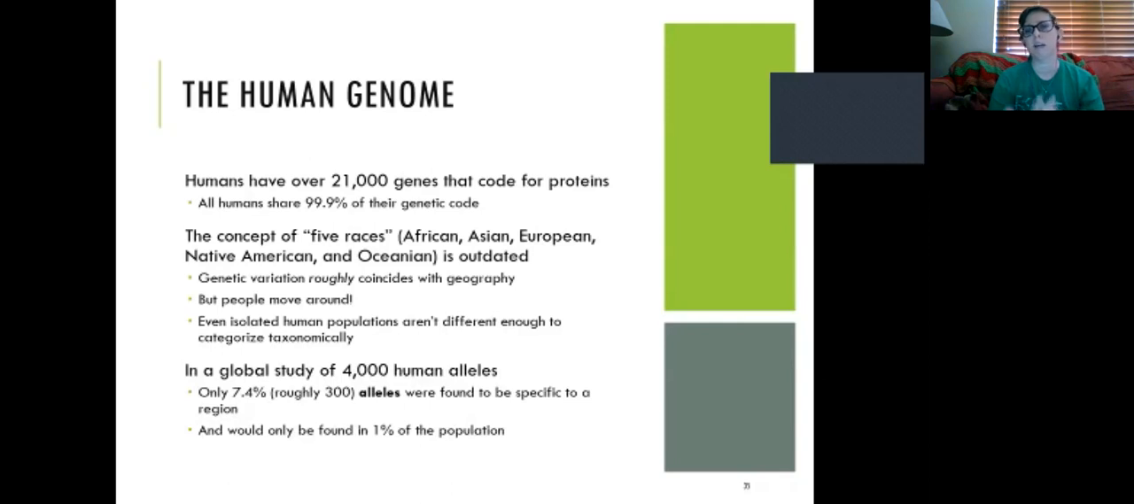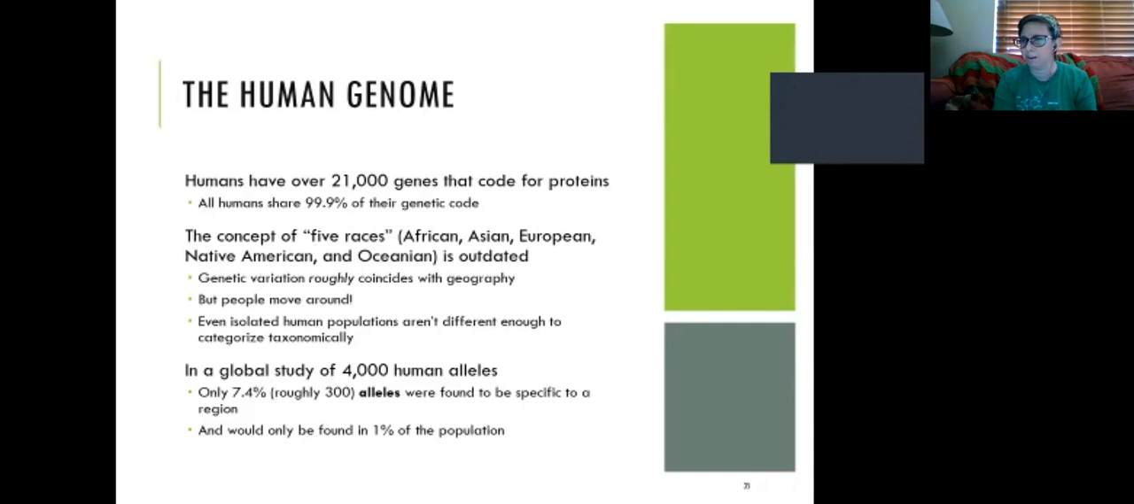Only about 300 alleles, so not genes, but alleles, so forms of a gene, were found to be specific to a region. So that's roughly 300 alleles, not 300 genes, but 300 forms of genes. And this 7.4% of alleles that are specific to a region are only found in 1% of the population. So out of every 100 people, maybe one of them is going to have an allele that's specific to a region. And so the real takeaway there is that